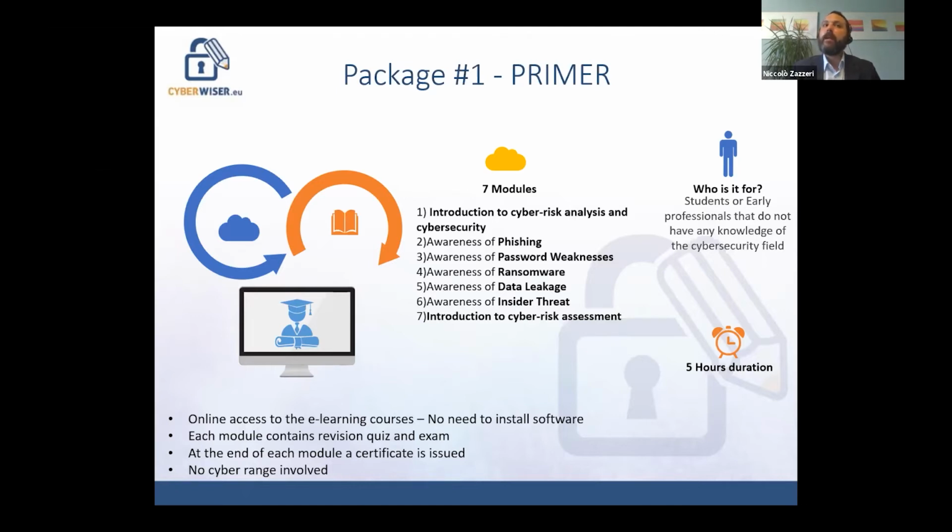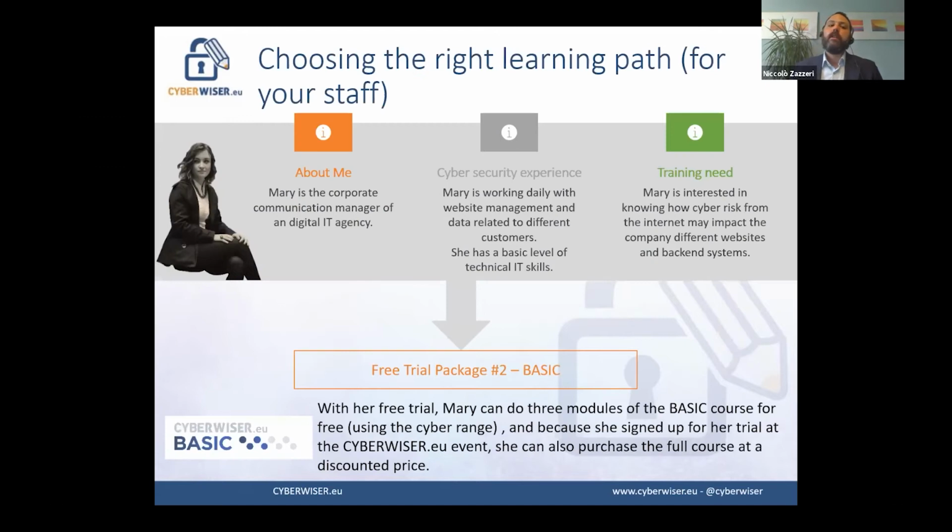And in this kind of package, since it revolves mainly around raising awareness on cybersecurity topics, no exercises on the cyber range are actually involved. So we just have the online learning part. The second package that we foresee is